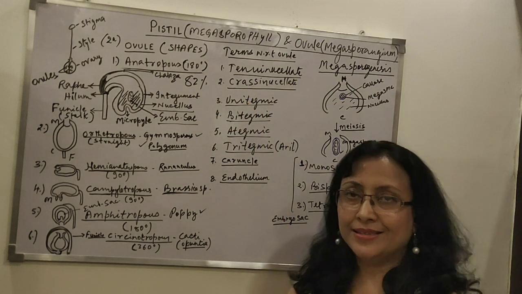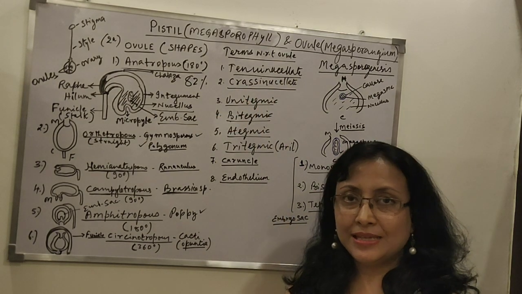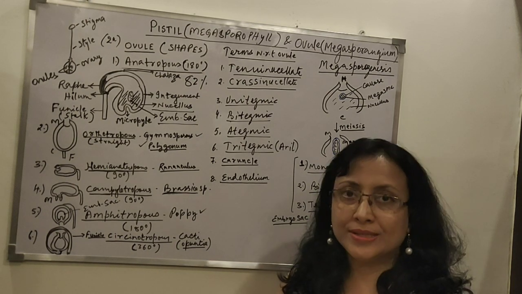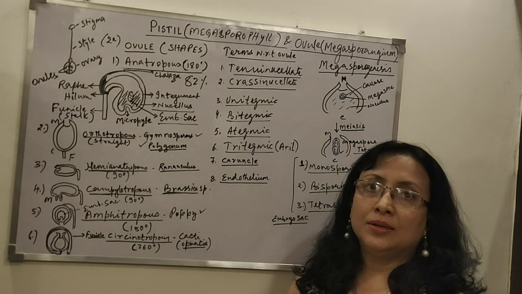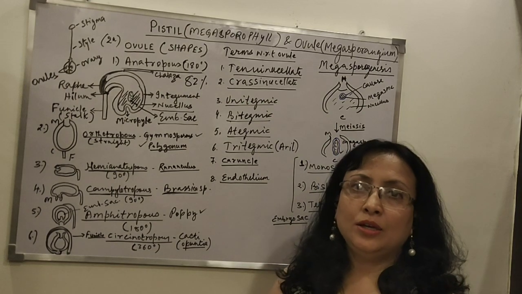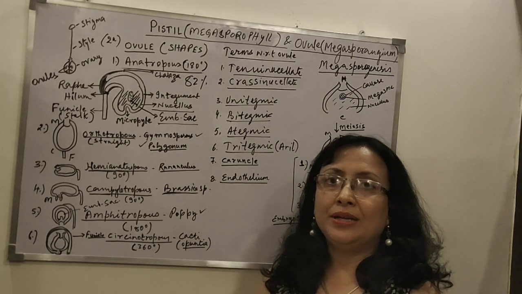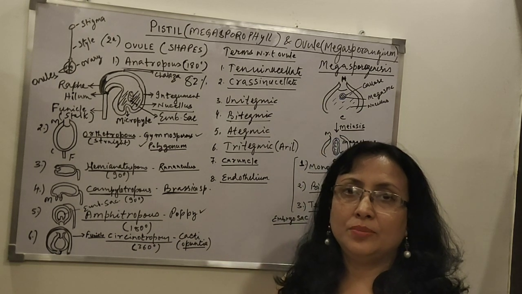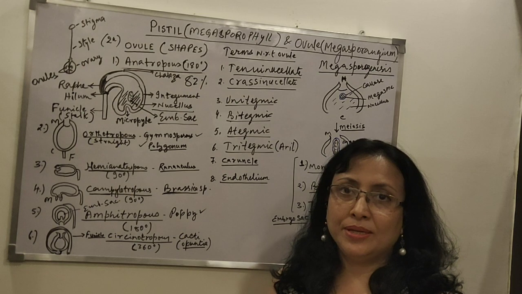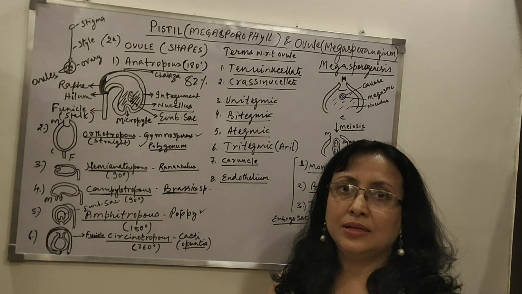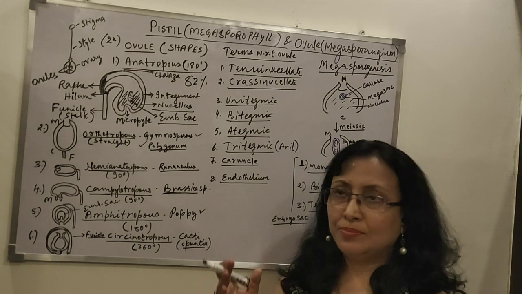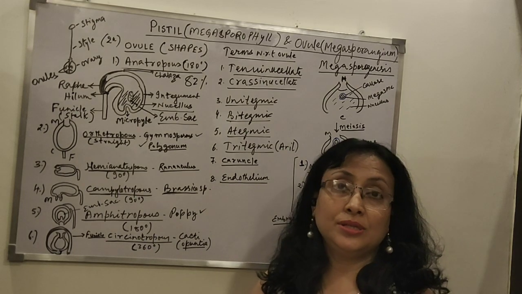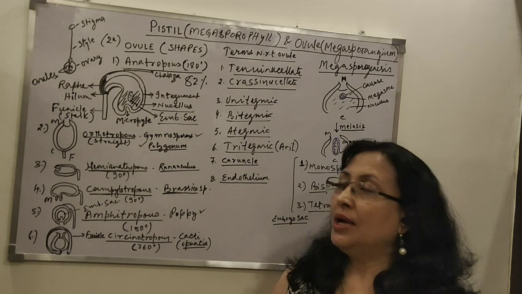The next is Crassinucellate. Crassinucellate, which means more developed or well developed nucellus, is found among the polypetalae of the dicots. Now polypetalae, where the petals are free, so many such groups or families you find under polypetalae, and one of those is Fabaceae. You have already come across it in 11th, so that will come in this. And apart from the polypetalae of the dicots, the crassinucellate also includes the monocots.